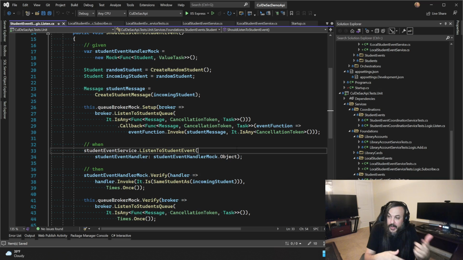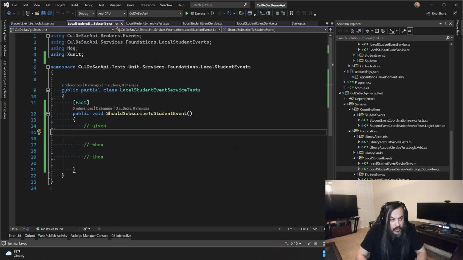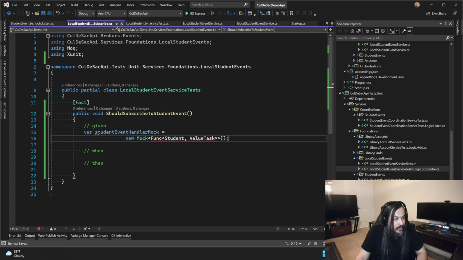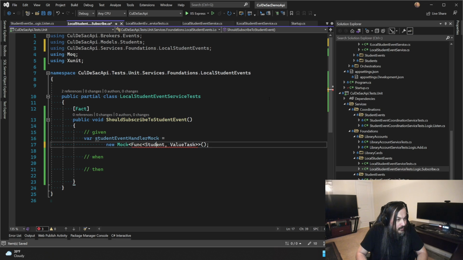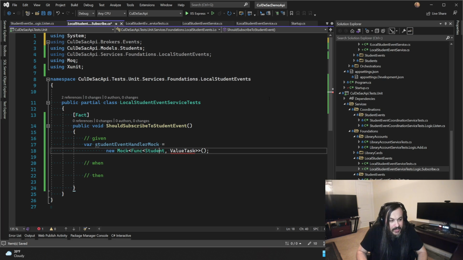I don't have to work around passing that dependency in and do mapping with the messages. We don't have to do none of that. So let's go back here and let's just create this guy. Here's my student event handler. Here it is, which basically simplifies things.